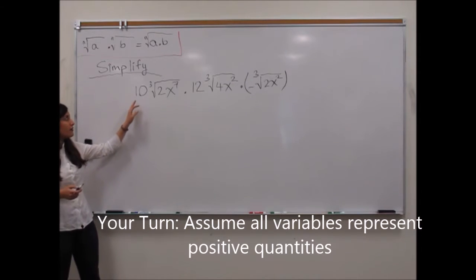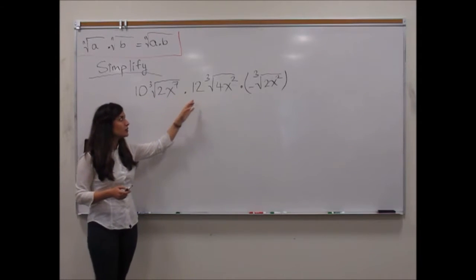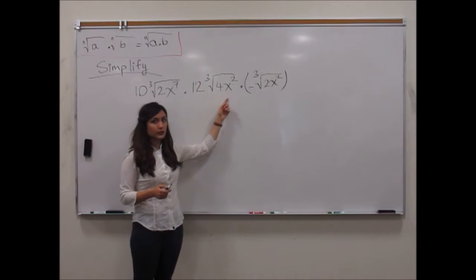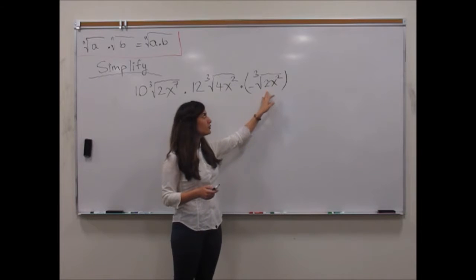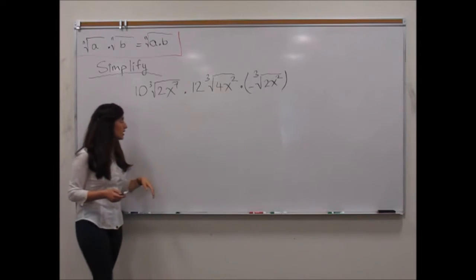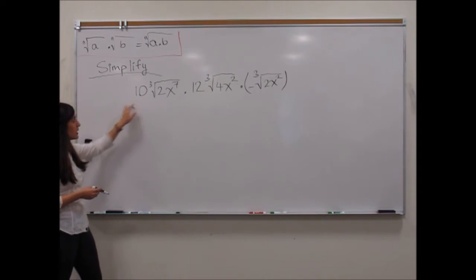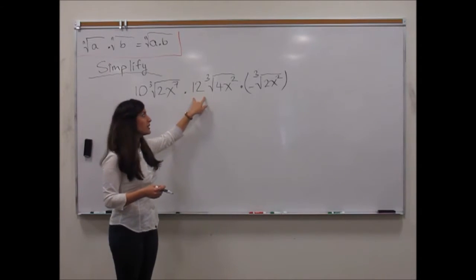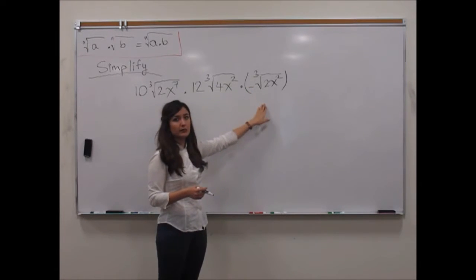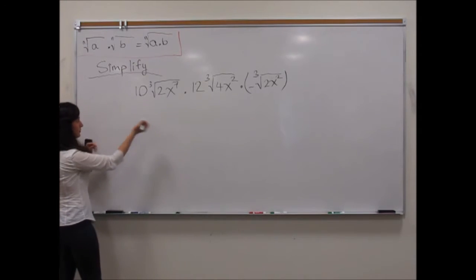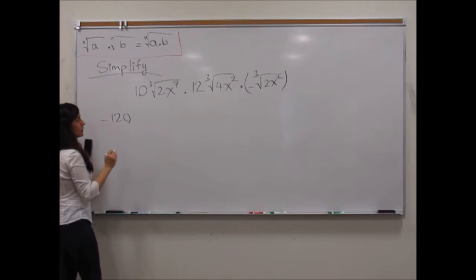Okay. I have 10 cube root of 2x to the 7th times 12 cube root of 4x squared times negative cube root of 2x squared. So first I'm going to multiply out all of the coefficients. 10 times 12 gives me 120, and the coefficient of this one is negative 1, so 120 times negative is negative 120. So negative 120, and then